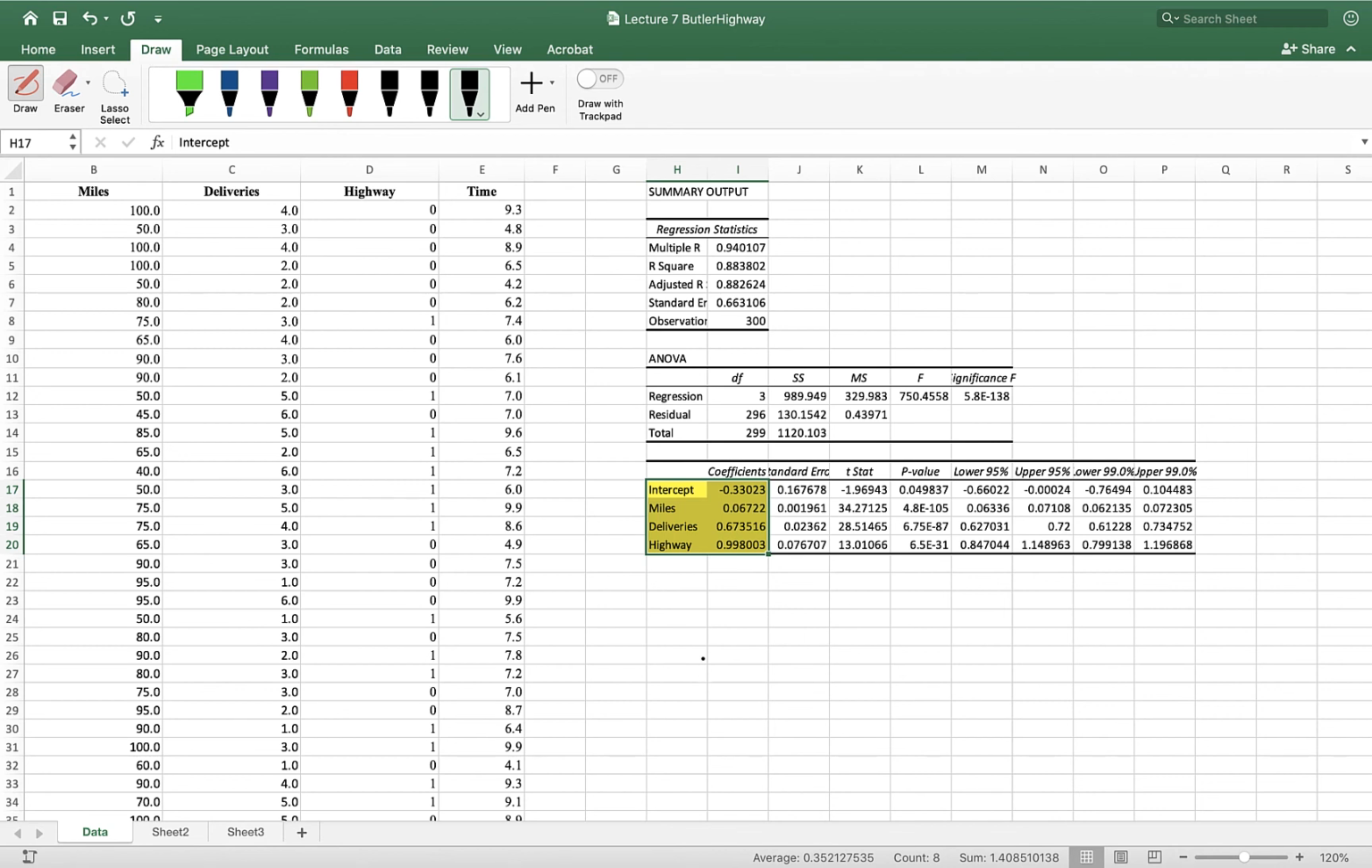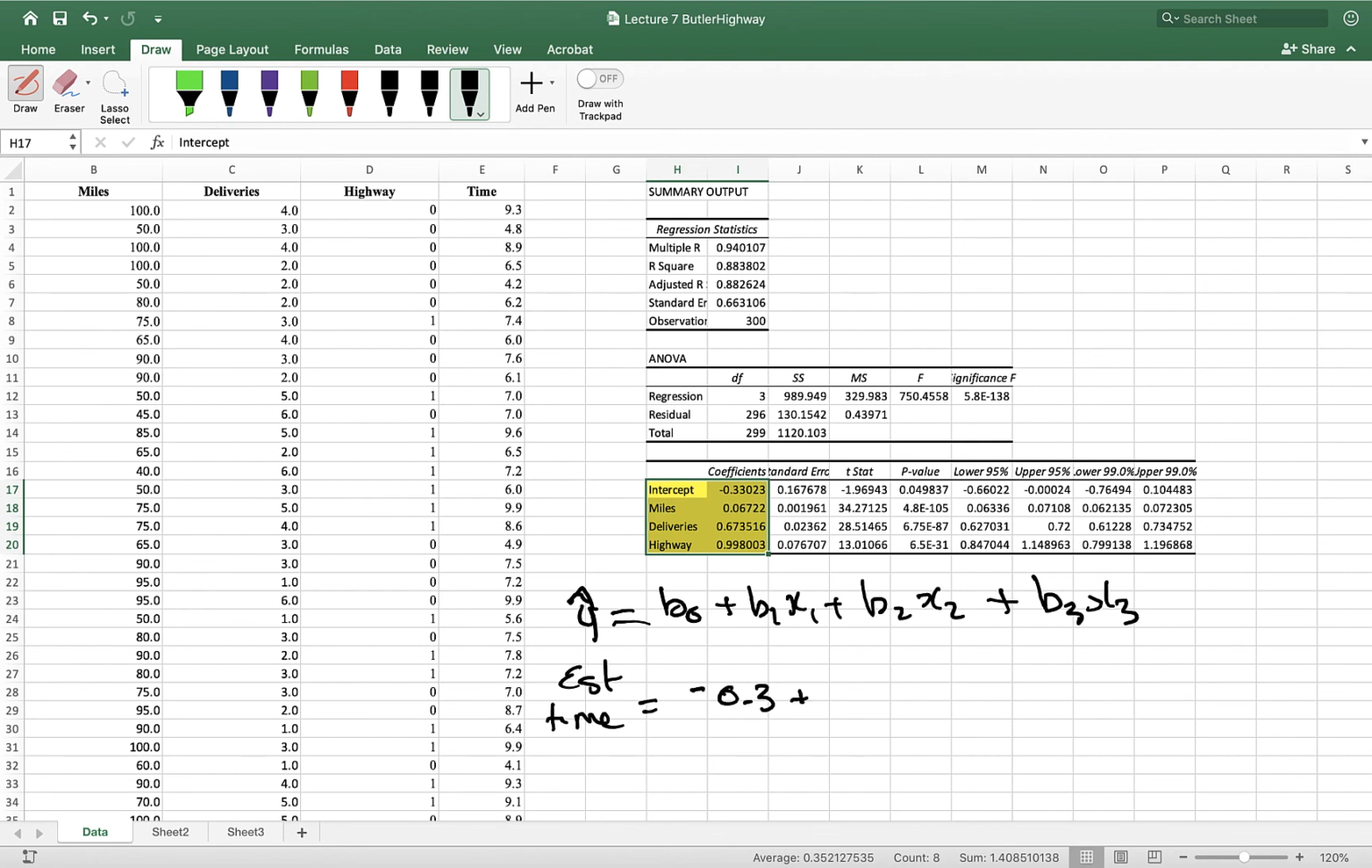So what it means is we've got y hat equals b0 plus b1 x1 plus b2 x2 plus b3 x3. That hat means estimated, so this is the estimated time to complete your assignment, equals your intercept, which is a negative value, is possible, 0.3. I'm only going to take the first decimal place this time, plus the miles coefficient, which is